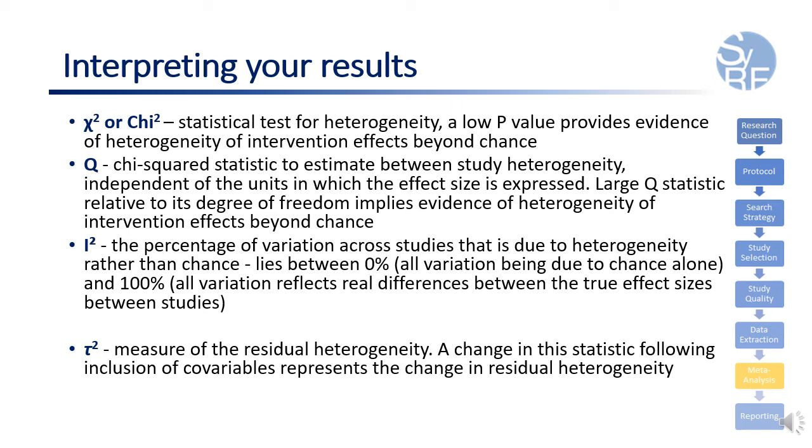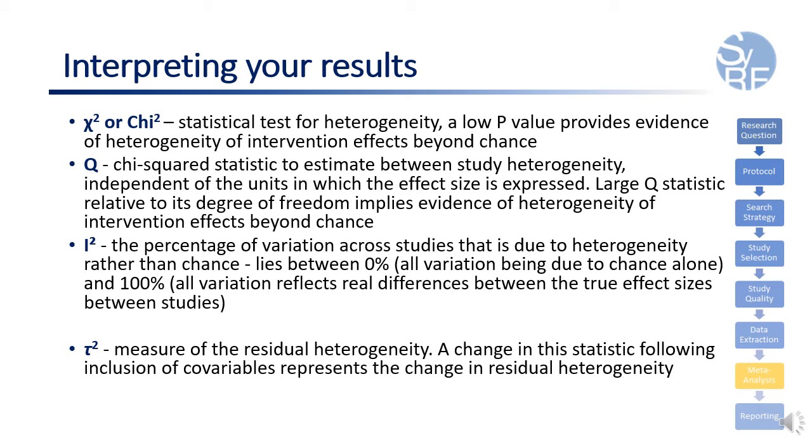It is a percentage that lies between 0 and 100, and as a rough guide, 0 to 25% is considered to reflect very low heterogeneity, 25 to 50% reflects low heterogeneity, and 50 to 75% reflects moderate heterogeneity, with over 75% thought to reflect high heterogeneity. Having said that, the importance of inconsistency depends on several factors, including magnitude and direction of effects, and the strength of evidence for heterogeneity, which comes from the chi-square test.